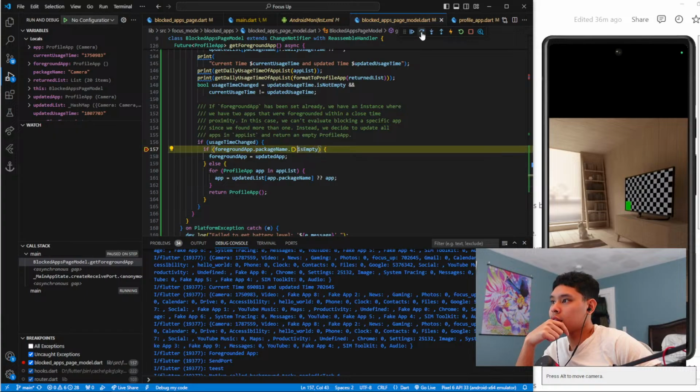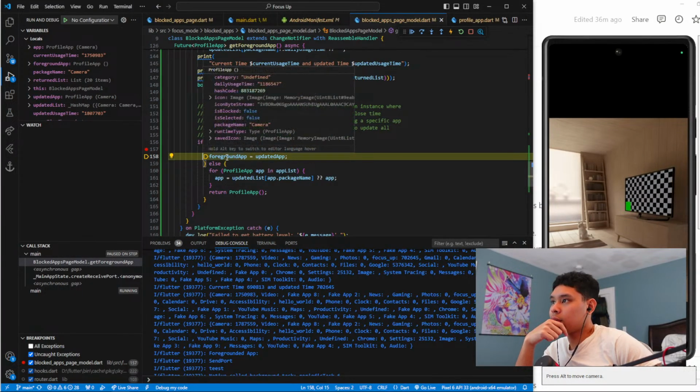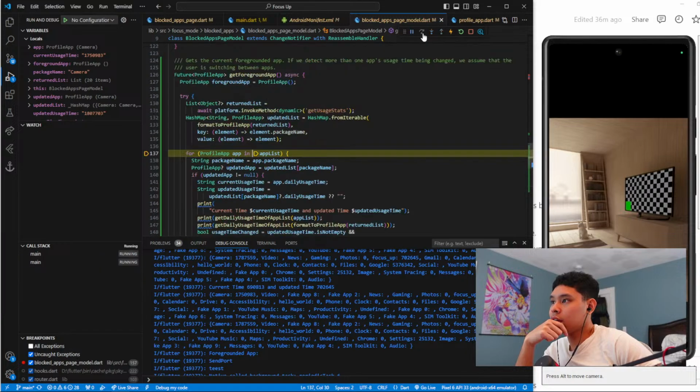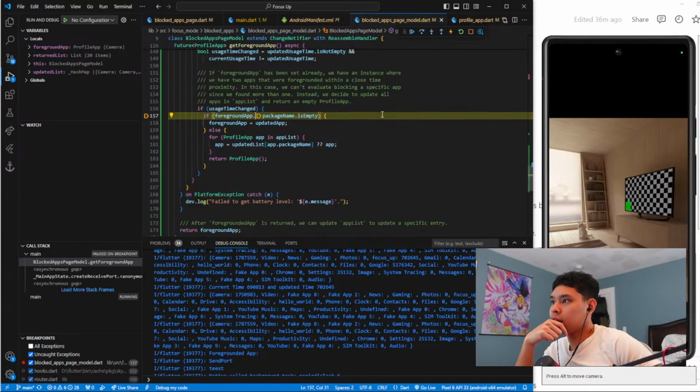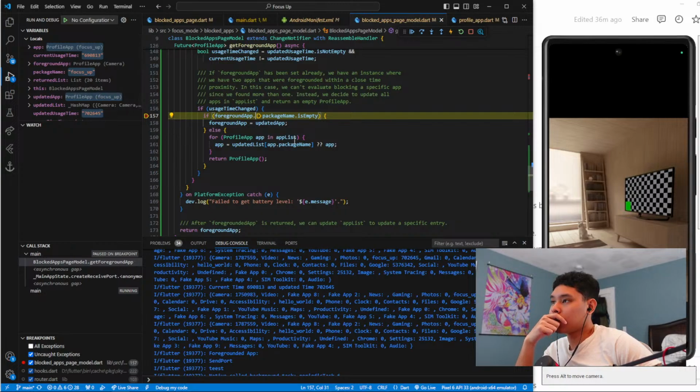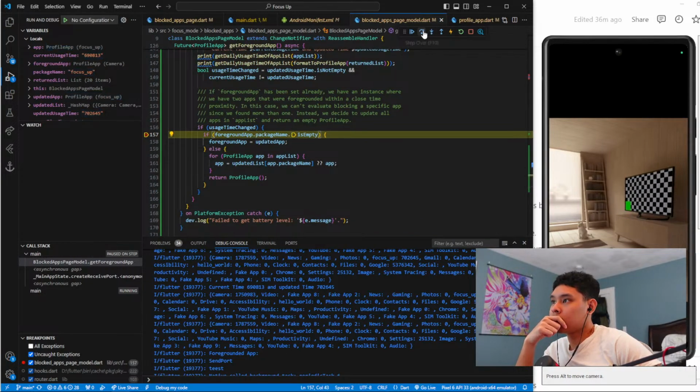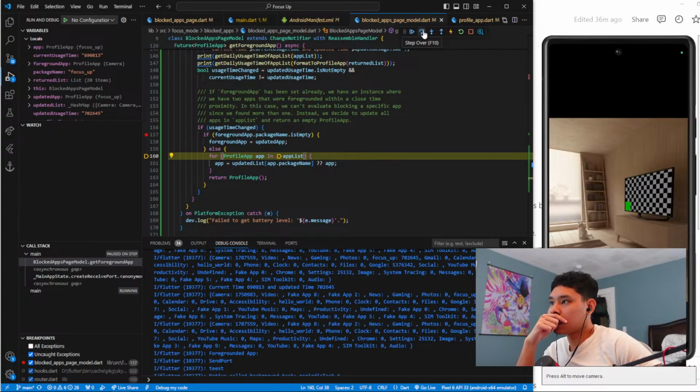Camera. And that sets foreground app, which is currently nothing. We'll go through it again, and this time we'll hit focus up and we'll realize it's not empty. We'll go here and we'll do,